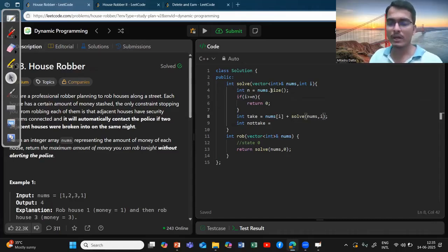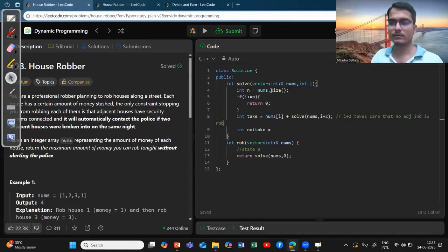What you can do is go to the index which is i+2. You cannot go to the index i+1. So this i+2 takes care